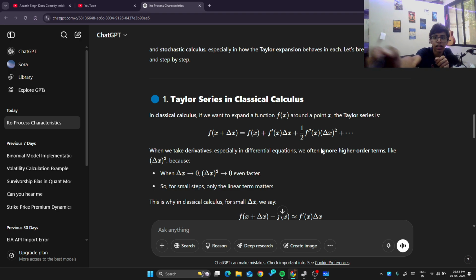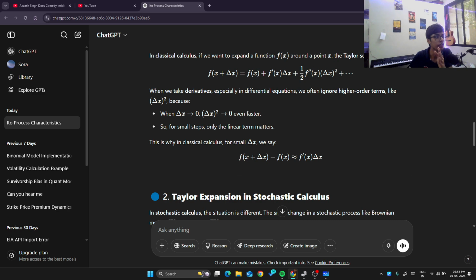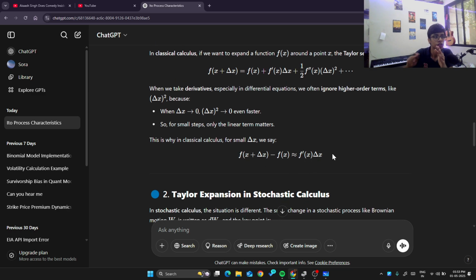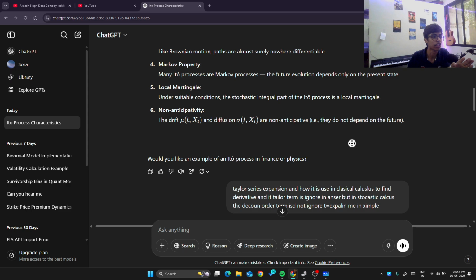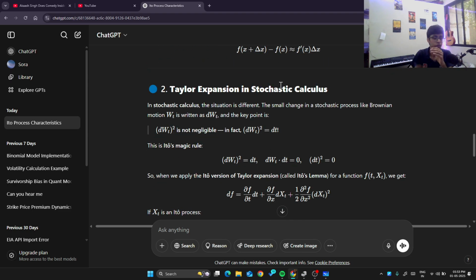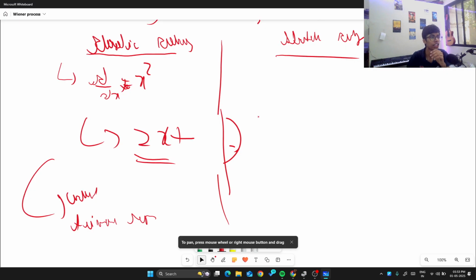You can see the delta x, that is very small, and it generally tends to go to zero faster. So however we expand the term, it will go to zero faster. In classical calculus, we say the derivative of this is direct; it is the finite difference method, but the derivative of f(x) would be the derivative of x, right? Simple point. But in Taylor series expansion in stochastic calculus, we are dealing with rate of change with respect to time,